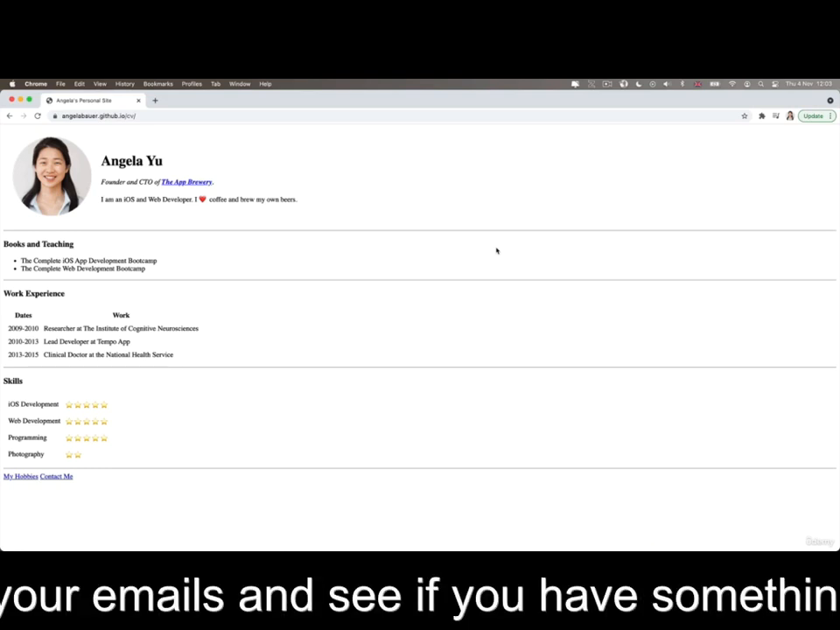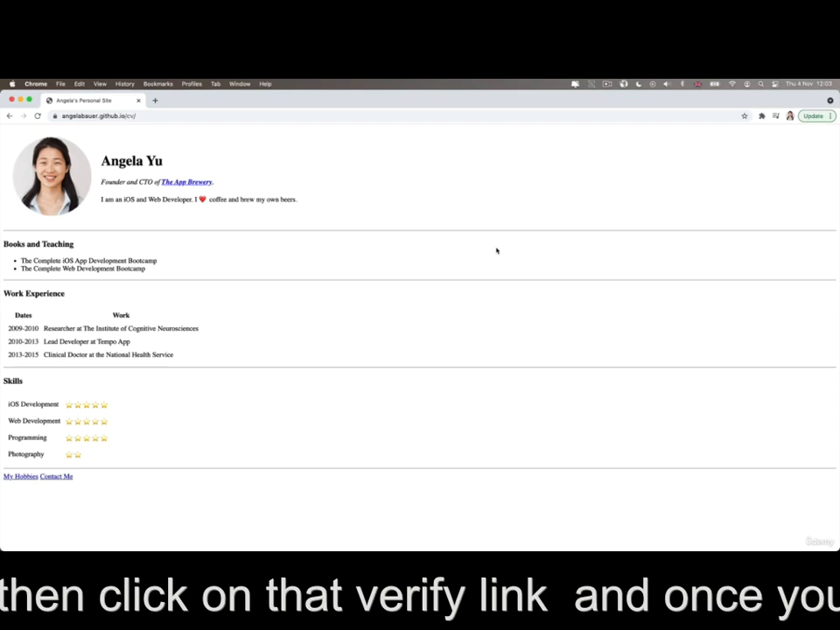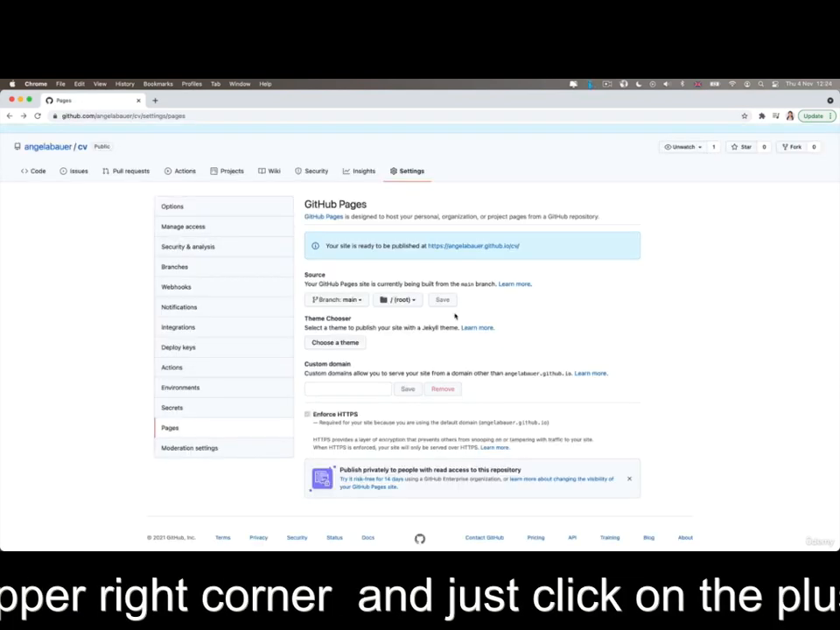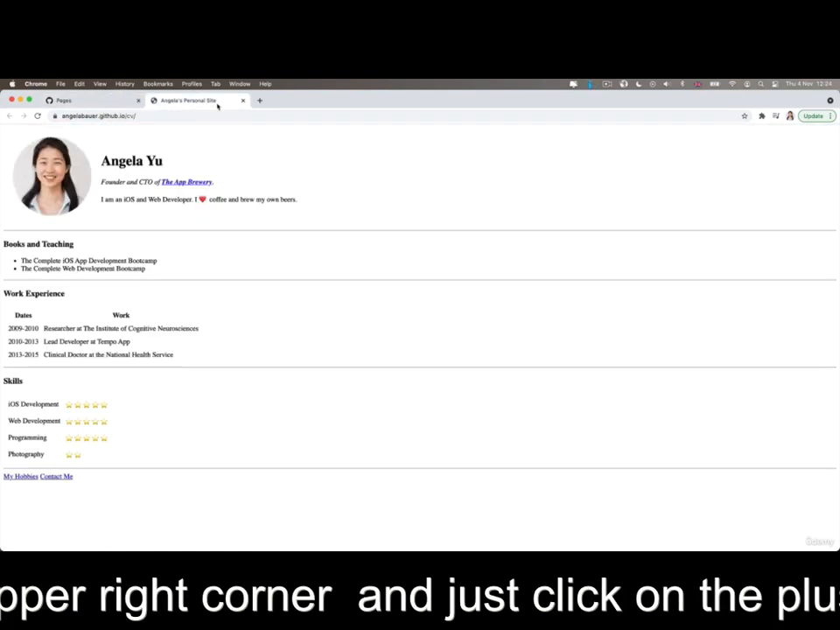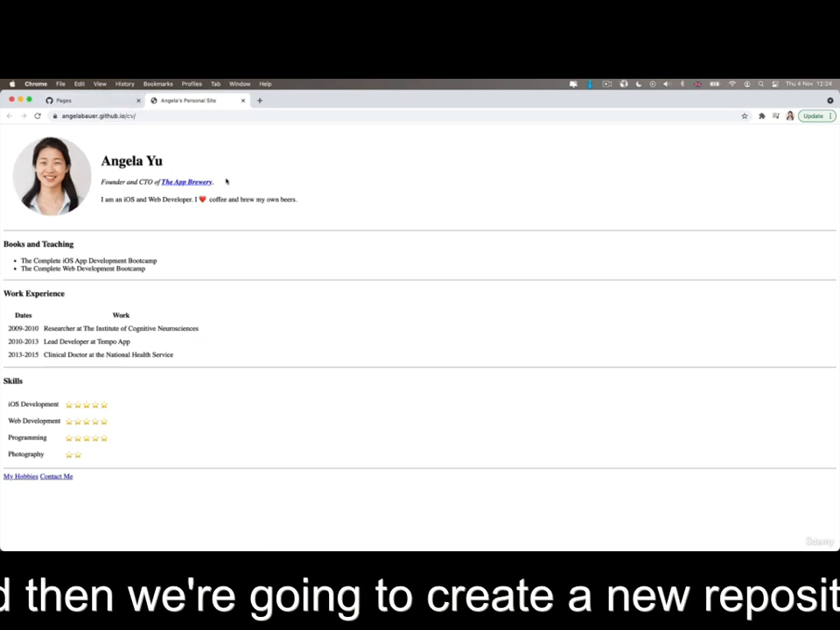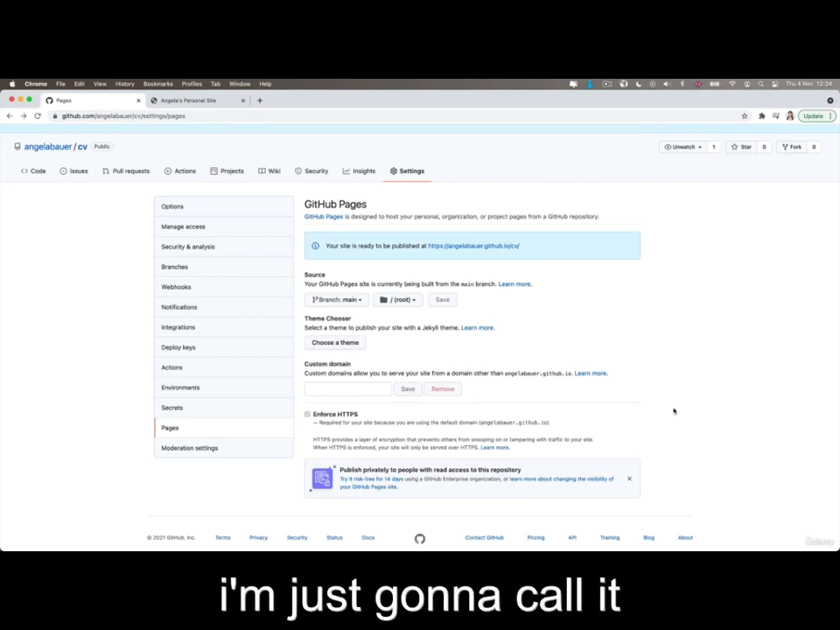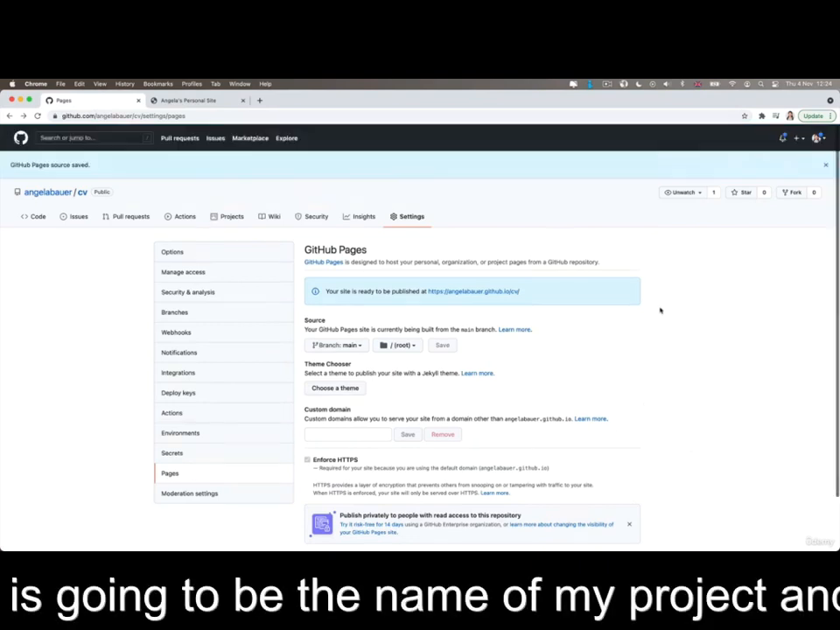So you can go over to angelbauer.github.io/CV, and you too will be able to see this website that I just uploaded and I'm looking at right now. Now, if after half an hour you click on this link and it still doesn't show your website, or there are some inconsistencies on it, then you might have to troubleshoot your setup because you might have made a mistake somewhere. Now, the first